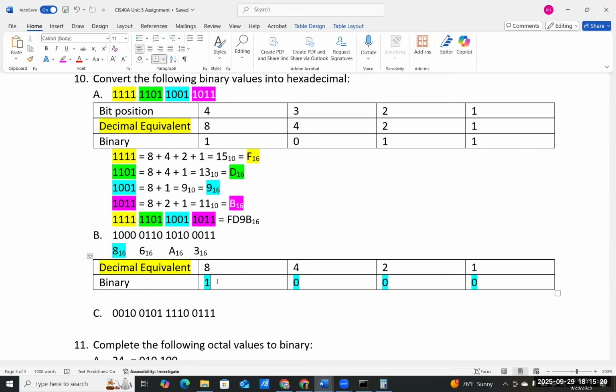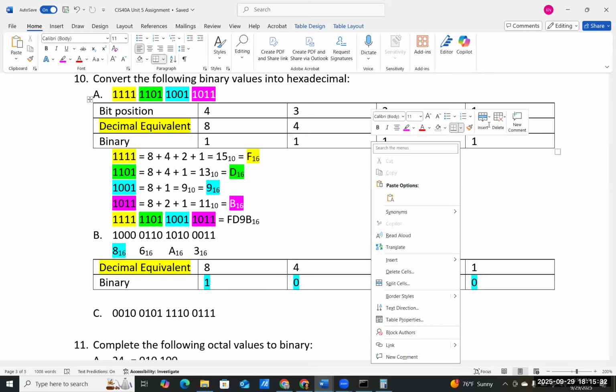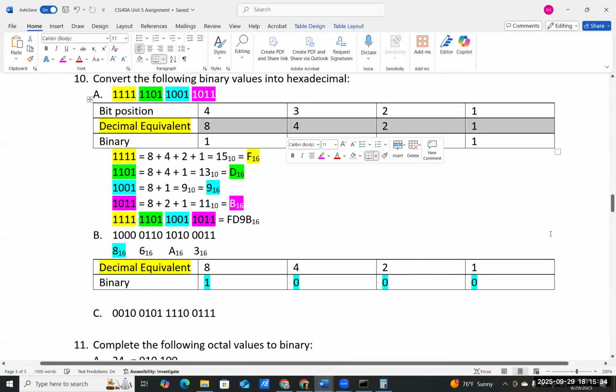And the previous question? So the F, right? If you put the F in, there are all ones like this, right? So that means that I add all of these up because they are all on for the F. For the yellow,